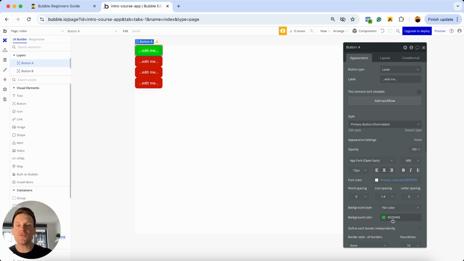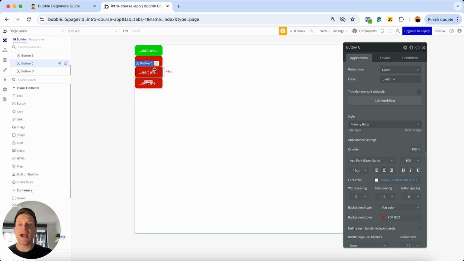Whereas the benefit of using a style is that because all of these elements share the exact same properties or settings, Bubble needs to only load that design style once. So for these 3 buttons, it's only loading the style once, and then it knows to apply that to the rest of them. So it's actually cutting back on how much data and information your app needs to load, which in turn will create a much faster end user experience when pages start loading inside of your app. And look, if I can be honest, that's probably the main gist of everything you need to know about design